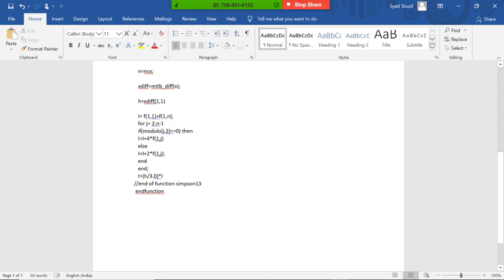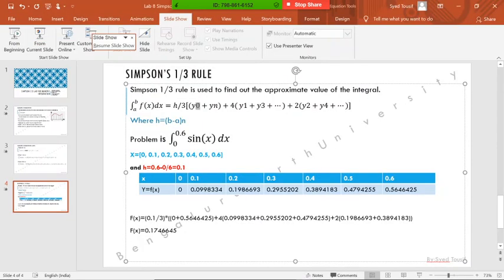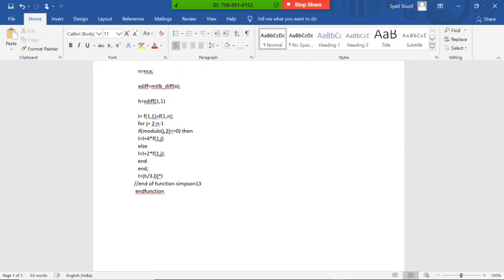If it is, then we calculate 4 times the term. For the remaining terms, we calculate with 2.